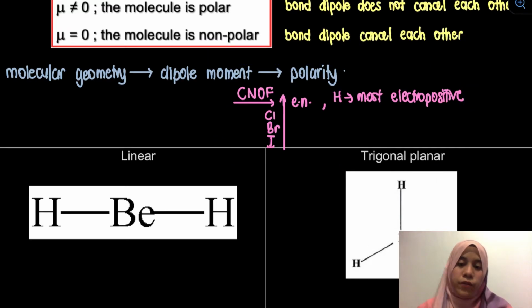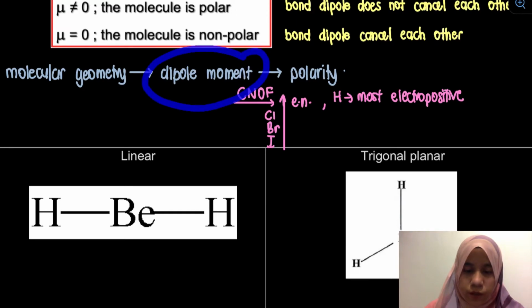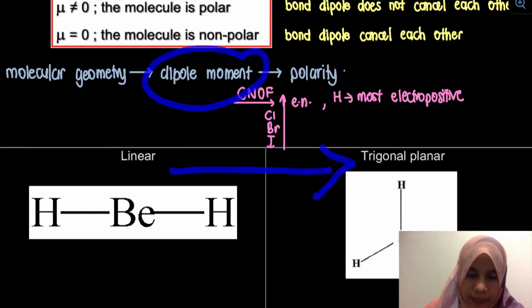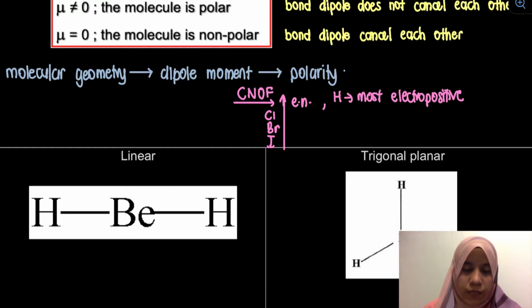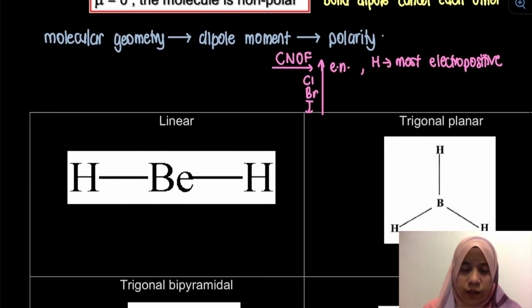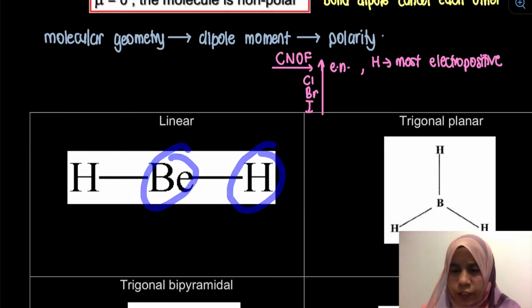Again, for the dipole moment, our arrow has a head and a tail. The head must be the electronegative atom. In the first case, linear, A and B, two electron pairs, linear, we have beryllium and hydrogen. So if we look here,